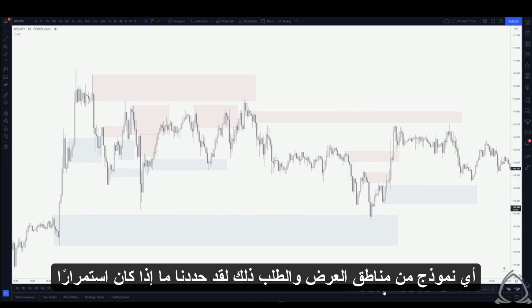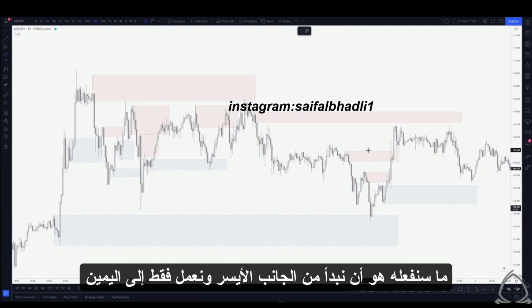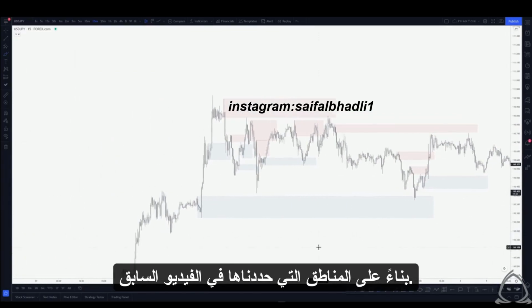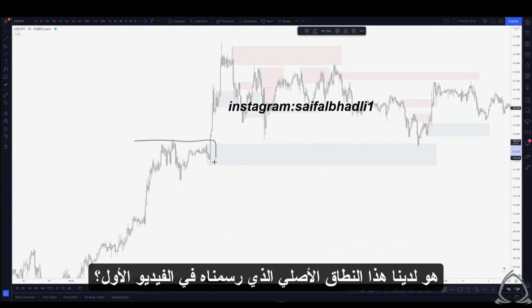Zones that we've mapped out, whether it be continuation or reversal and so on and so forth. So what we'll do is we'll start on the left side and just work our way to the right based on the zones that we mapped in the prior video. And what we can see if we just zoom out just a little bit more is we had that original